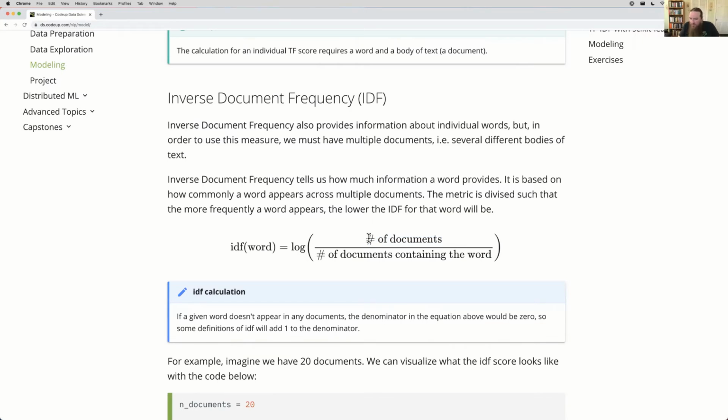This is a little different than term frequency, where term frequency is measuring the number of times a word appears in the corpus. The inverse document frequency is based on the number of documents, so in this case, the number of blog articles over the number of documents containing that word. This is how we give more weight to words that show up in a smaller number of documents, and then we take the logarithm of that, and so we get this positive number